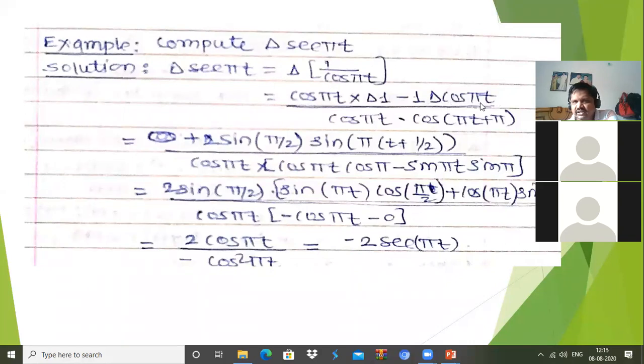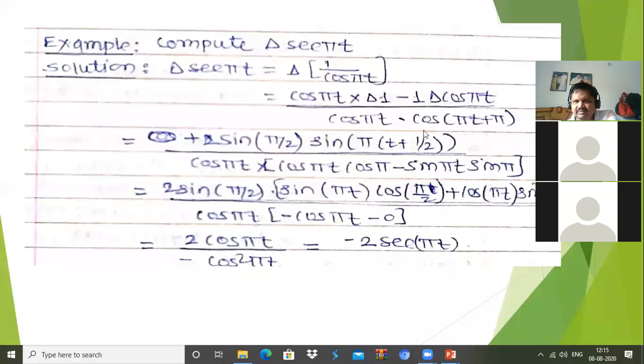ka delta. We have the formula for finding delta of cos at. A is here pi. What is delta of cos at? Minus of 2 sin a by 2 into sin a into t plus 1 by 2. So a is replaced by pi only. That formula we have used here. 2 into sin pi by 2 plus sin of pi into t plus 1 by 2, divided by cos pi